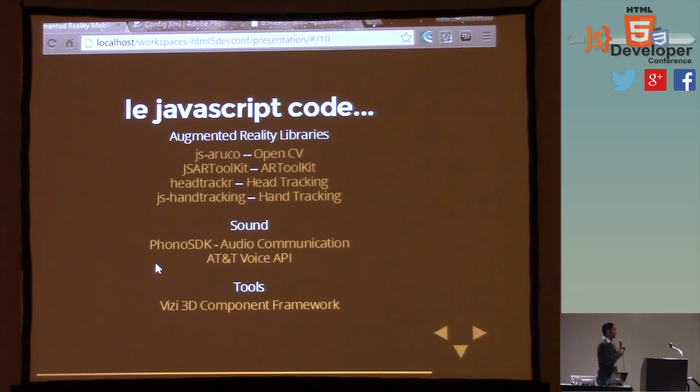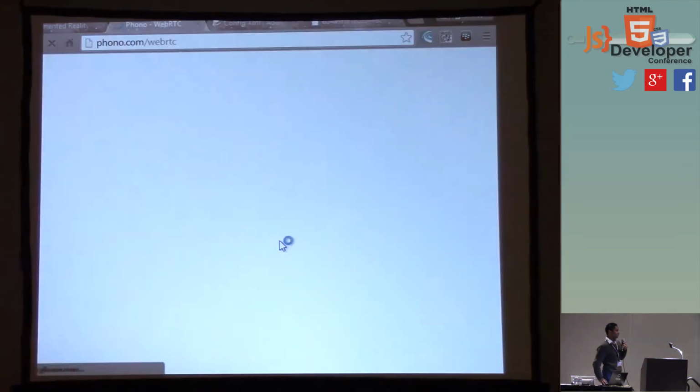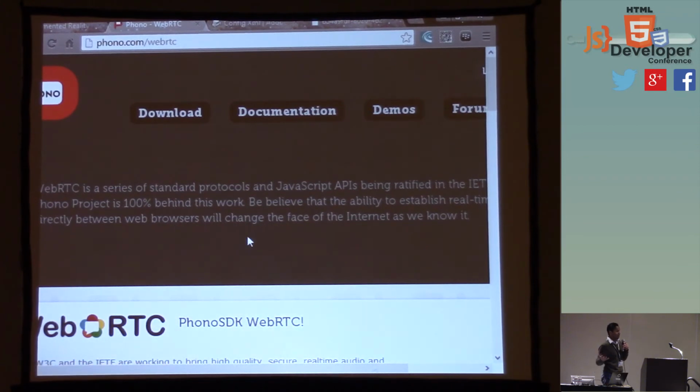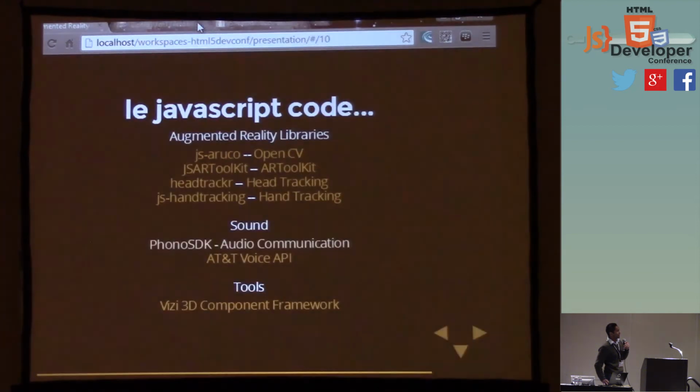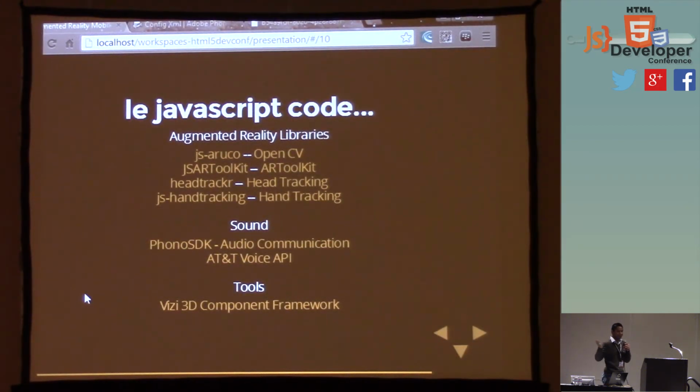All right. Now, like I said, getUserMedia also deals with audio, so we don't just have to deal with the video stream, but we can also deal with the audio stream. That's what these two other ones are from. This one will actually let you do detection of audio in the browser. But the one from AT&T is, I think, their Watson API. So you can actually record pieces of sound, send it to their server, and then they'll come back with a text transcription of it. So you can use that for doing commands.